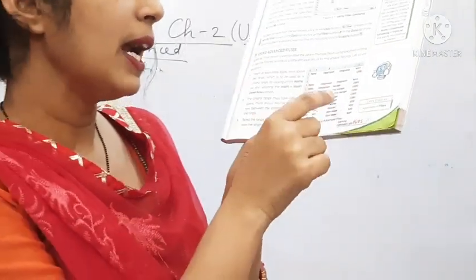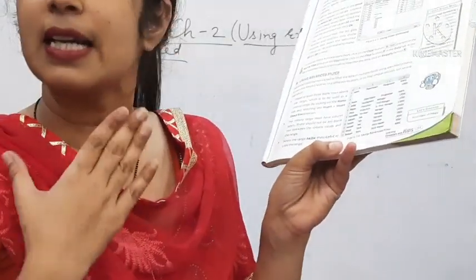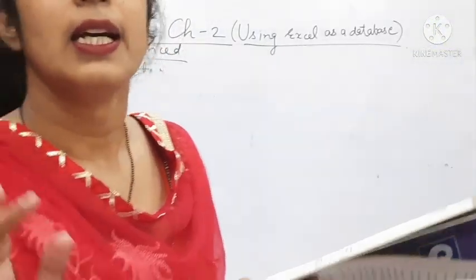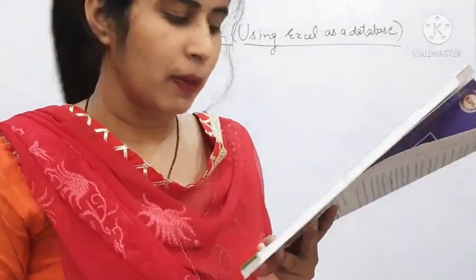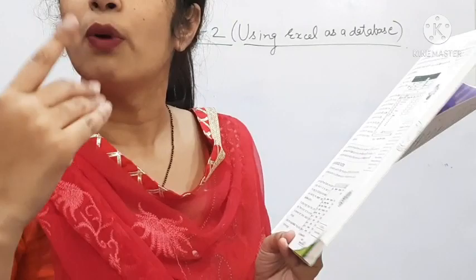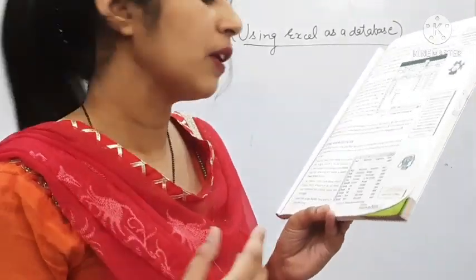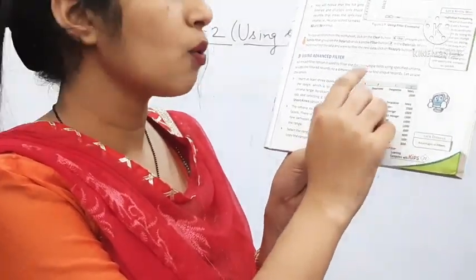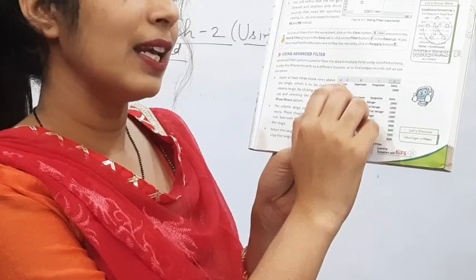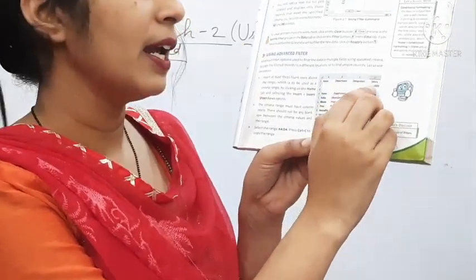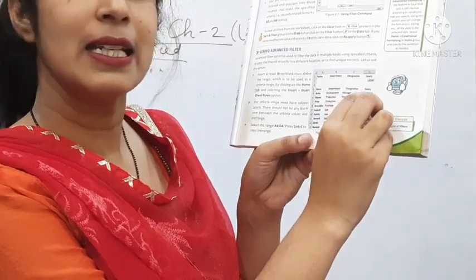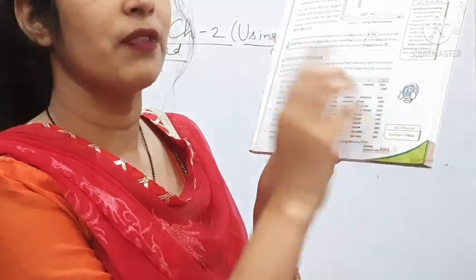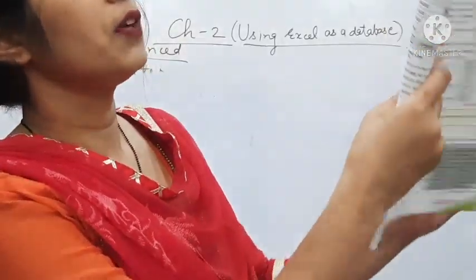Okay, here we have a criteria. What is our criteria? Criteria is salary 10,000. We are trying to get the name, department or designation of those who are getting the salary 10,000. So here at first we are making 3 columns, rows and columns. Here we are copying name, department, designation, salary, and here we are writing 10,000. We have copied any cell with 10,000 and pasted it here. Our criteria is 10,000.